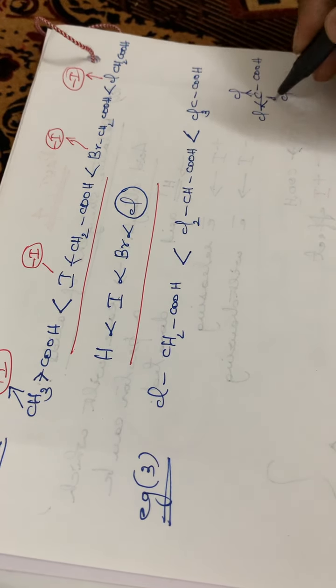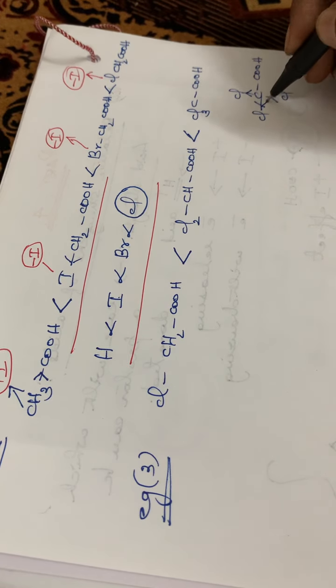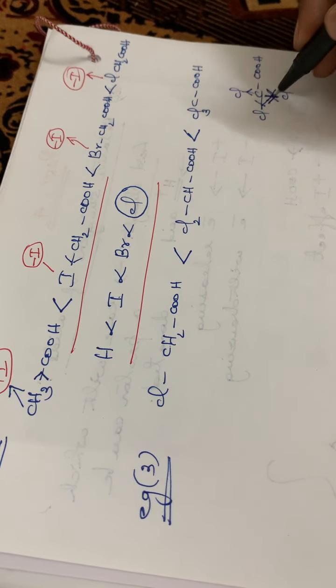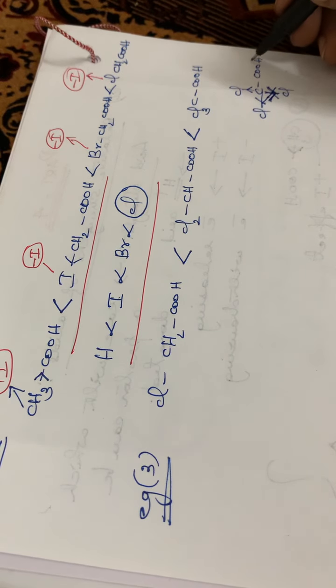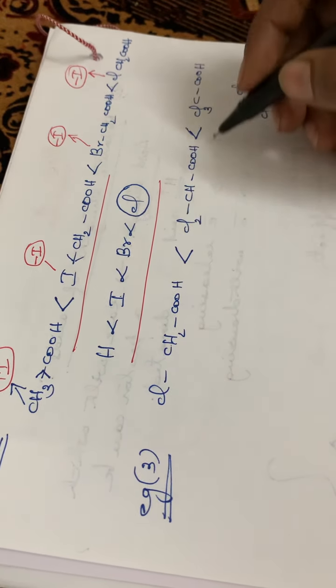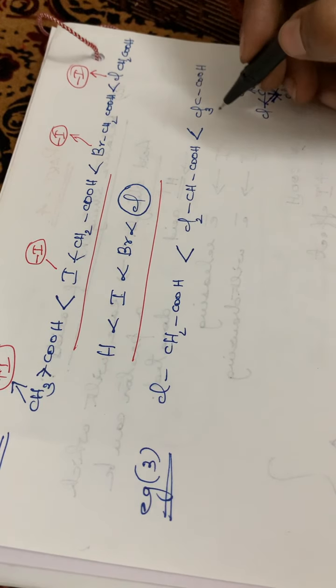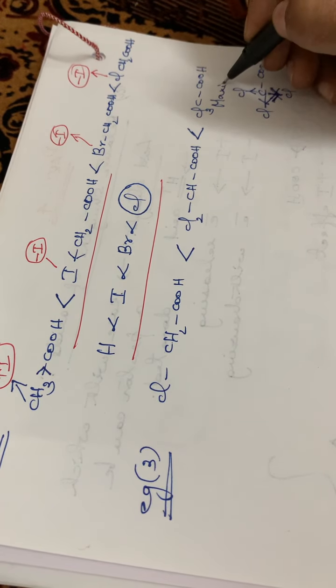So what happens? Here all 3 chlorine atoms are there. So the 3 chlorine atoms will be withdrawing electrons from this carbon atom, so that the electron density around this COOH group will be decreased, and as a result this H plus can be removed very easily. Okay, so while comparing these three, this trichloroacetic acid will have the maximum acid strength.